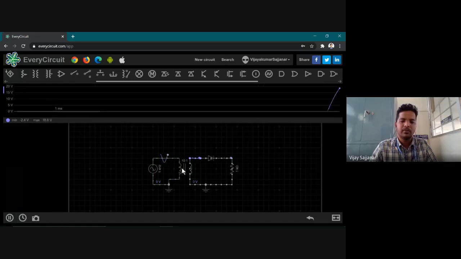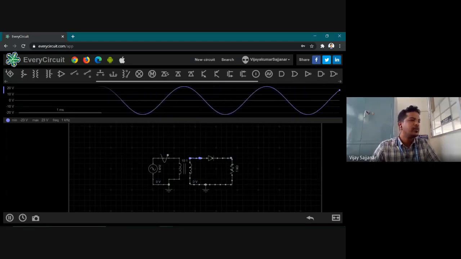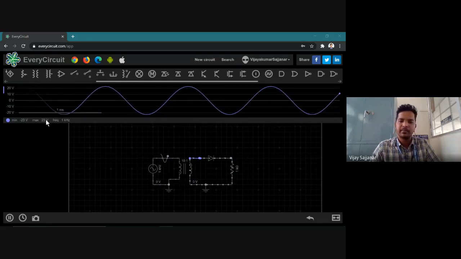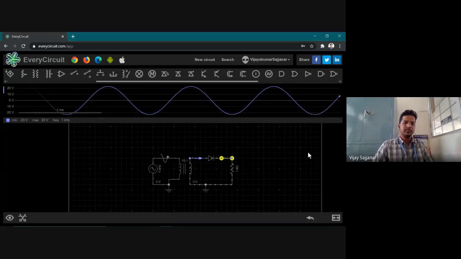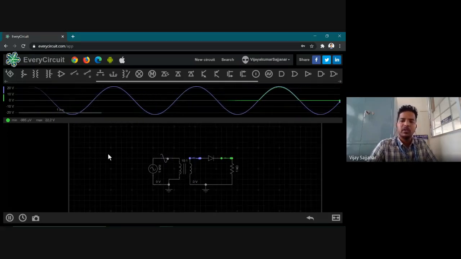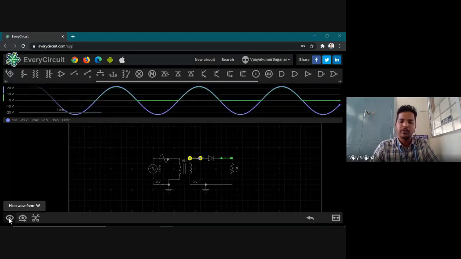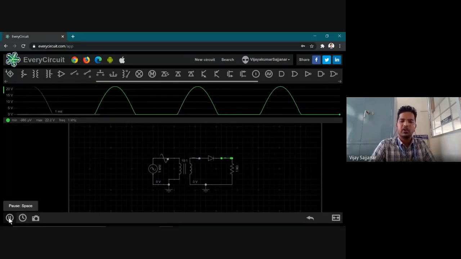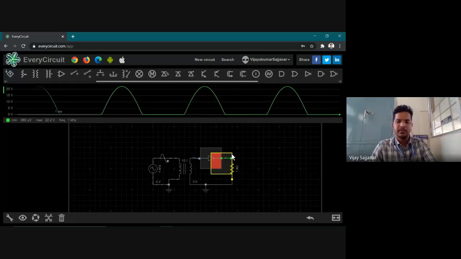Let's see what this wave is before the diode. Before the diode, as expected, it is an alternating signal from minus 23 to plus 23 with a frequency of 1 kilohertz. What should this wave be? This is our half rectified wave. Very nice. We are getting the output of our half wave rectified signal. I'll just hide the wave before the diode so that we can observe the half rectified output. This input sine wave is rectified into a half rectified signal, DC.